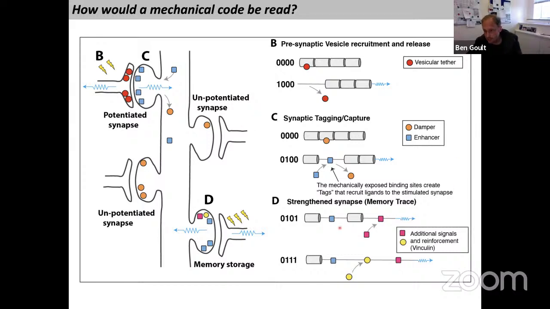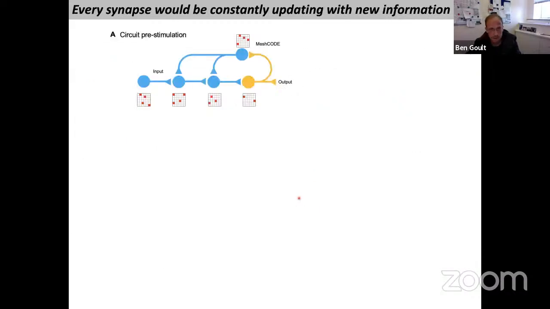And then later, as you exert more forces on that, you'd be changing these patterns further, and that might be how you could start to have more complex arrangements. Ultimately, my argument is that this is how you write physical memories. This is how you store an engram, essentially: these patterns of ones and zeros and the signaling molecules recruited ultimately give rise to this memory trace.